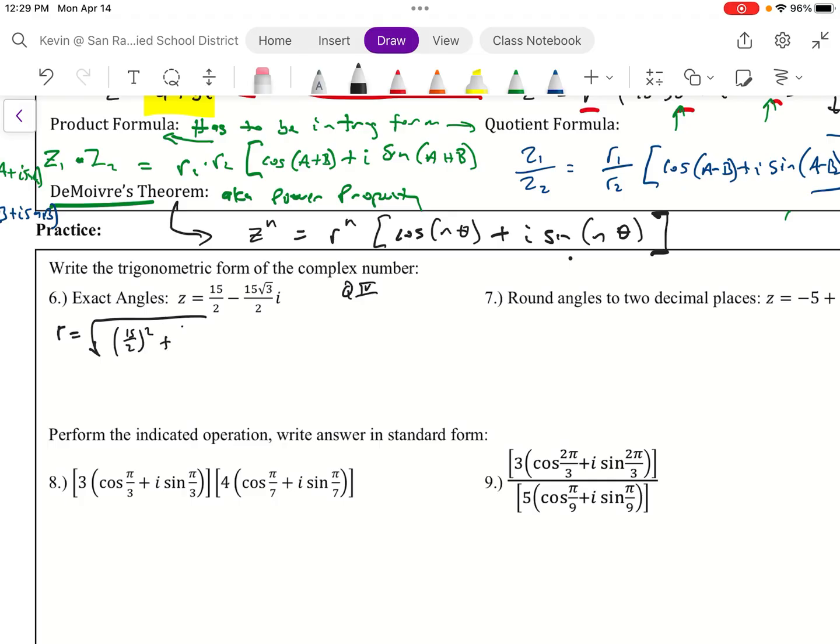Okay, but here we would go, okay, our r would be the square root of (15 over 2) squared plus (negative 15 root 3 over 2) squared. And this, if you do the math on it, actually equals 15. So if we didn't recognize that we could distribute out the 15, we could do the math and find out that that's 15. And then we come in here and we say, okay, well, theta equals arctangent, right, of